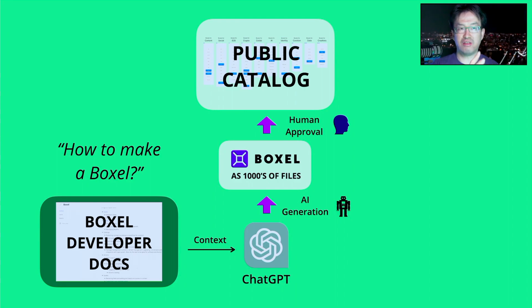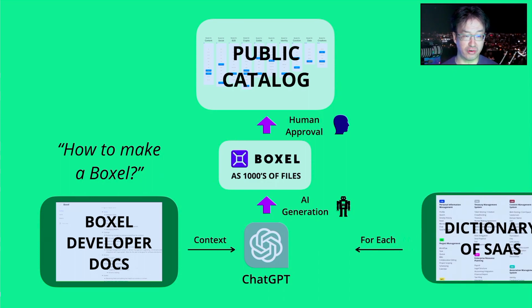So we send the developer docs, and we're iterating, writing actually for the AI to understand as well as for the developer to interpret. So dual purpose. Development documentation is very high leverage. It trains the AI and helps the developer use it. And that context teaches ChatGPT to say, I know how to generate these Boxel files. So what do you want me to generate?